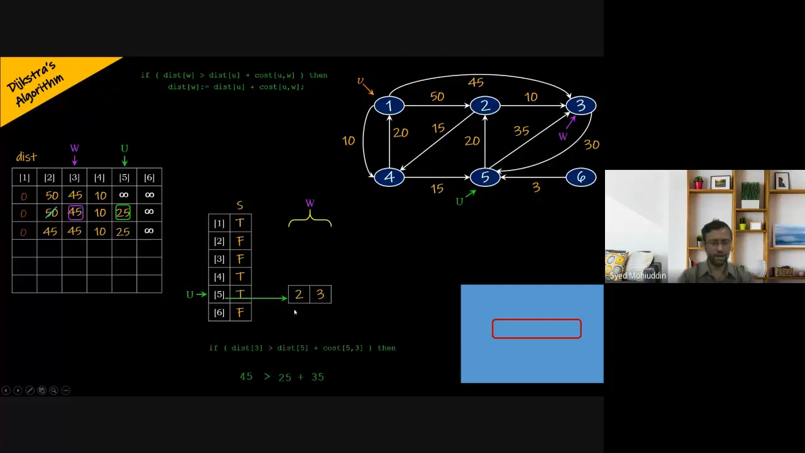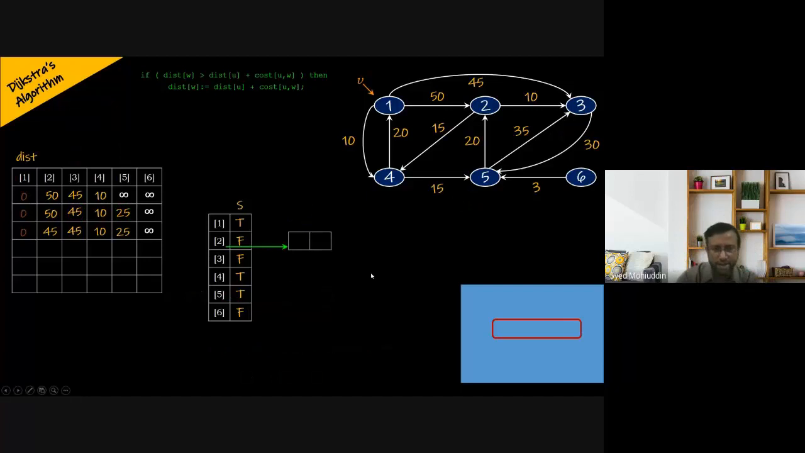So we are done with vertex 5 also. Now let us consider the next case. We will choose the least cost, which is 10. In the S array, it is true, so we have visited this vertex 4. Then the next is 25, which is also true. So we find the next least. We have two vertices here, vertex 2 and vertex 3, both having 45. But since we have to solve it programmatically, 2 comes before 3, so let's select 2 as